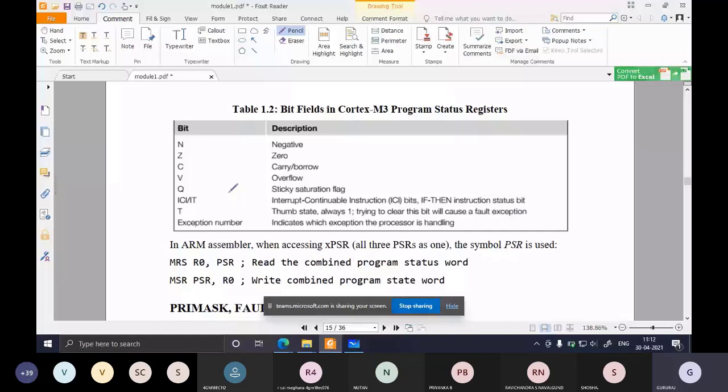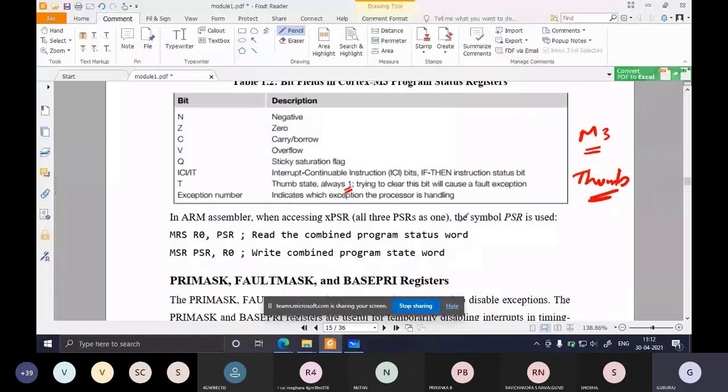ICI is interrupt continuable instruction, IT is if-then instruction, T is thumb state, which is always one in Cortex-M3 because Cortex-M3 has no ARM state, only thumb state. There is no state switching to ARM, so T will always be one. The exception number indicates the exception the processor is currently handling.